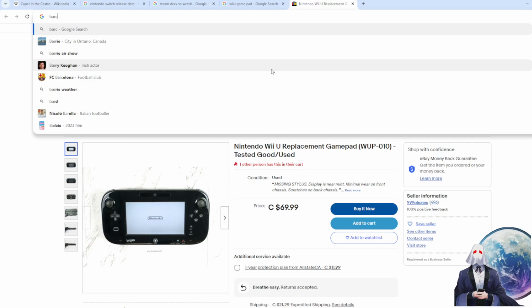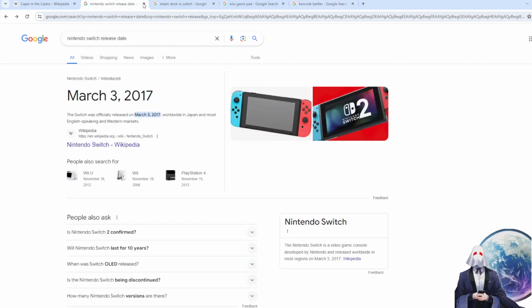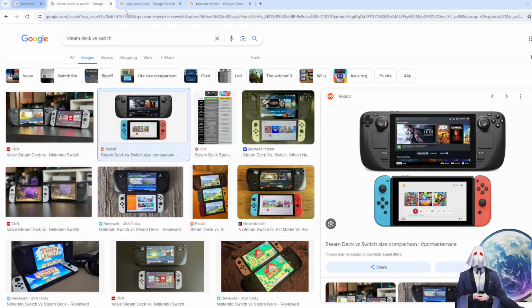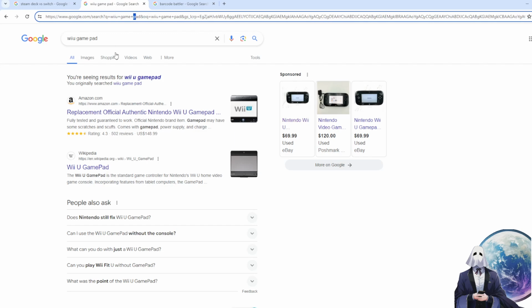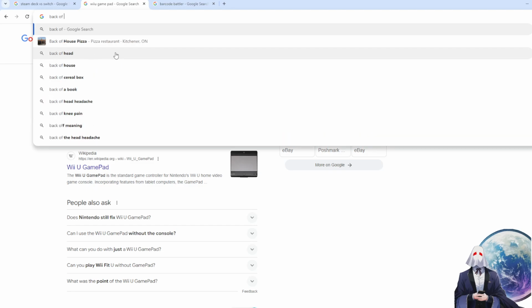But now you got me thinking Barcode Battler. Yeah, look, it is very similar in design, except it has the barcode scanner there too. I have too many tabs open. I'll be honest with you, I don't think there are grips on the other side. Never mind the fact that I always stumble over Steam Deck versus Stream Deck.